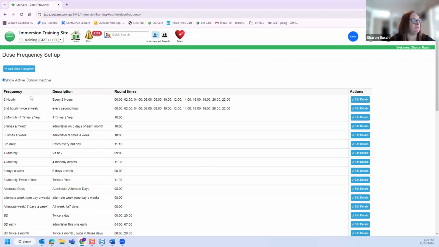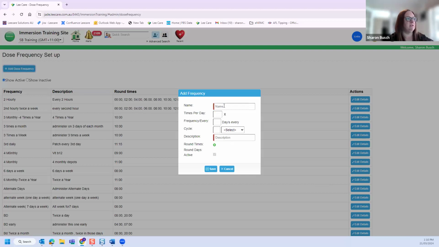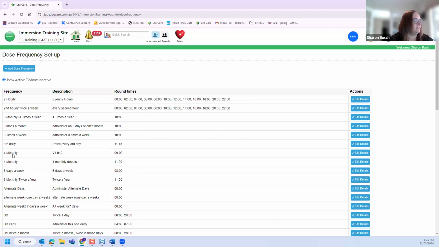But if you did want to create a new dose frequency setting, you simply come in with the permission and click add dose frequency setting. You create the name that your facility is familiar with for this particular frequency. So if we just set up one now to be twice a day, every day, I might put it in as a demo and then put my round times, because this is a demo. I'll select my round times to be both in the PM, just because I'm wanting to set it up now. Once I've put that in, I press save. It then is created,